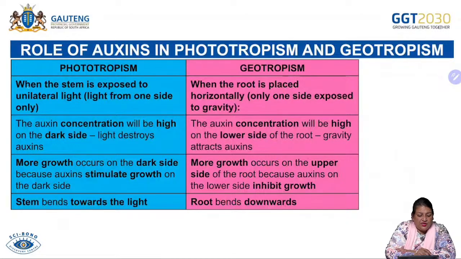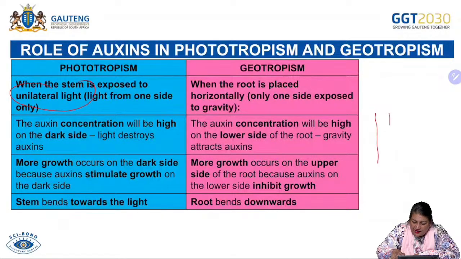Right, and here you can see when the stem is exposed to light from one side, that is called unilateral light. Then the stem is going to bend towards light. Also, we're going to see now how auxins actually behave. Right, now I'm going to draw a little stem here, and if I give the stem light from one side,